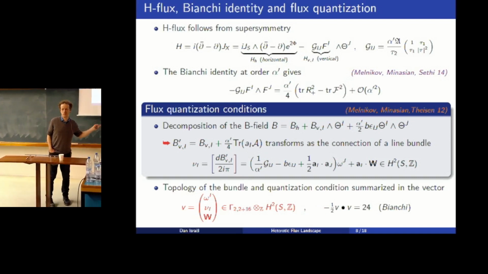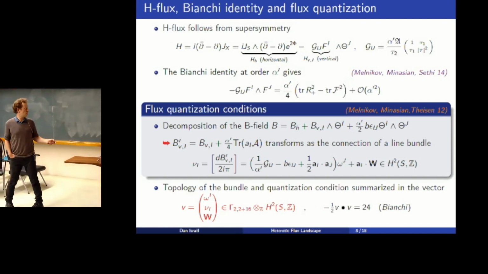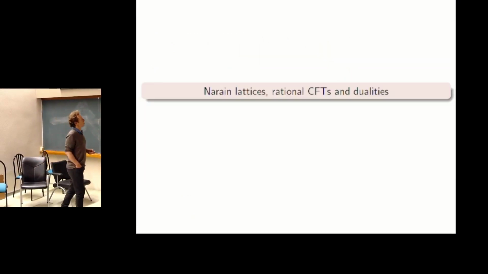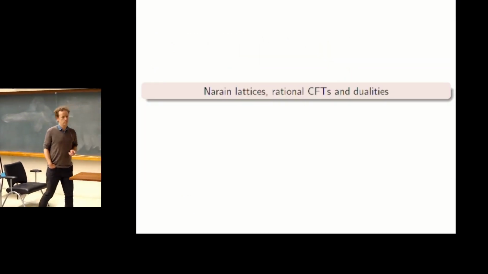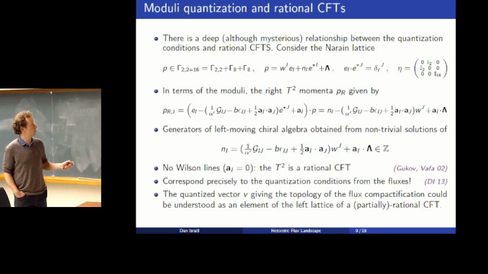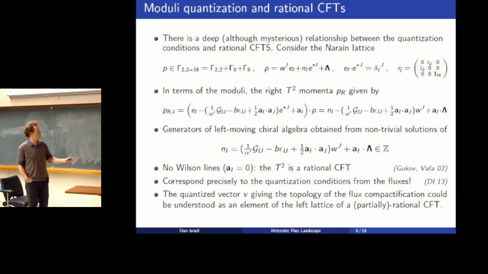Okay, so this brings us to Narain lattices, because it seems that there is a very strong relation to gamma lattices, Narain lattices with this signature. So let me start with some generalities about those lattices. I take a vector in this lattice, which is in fact the (2,2) lattice of the torus plus 2 copies